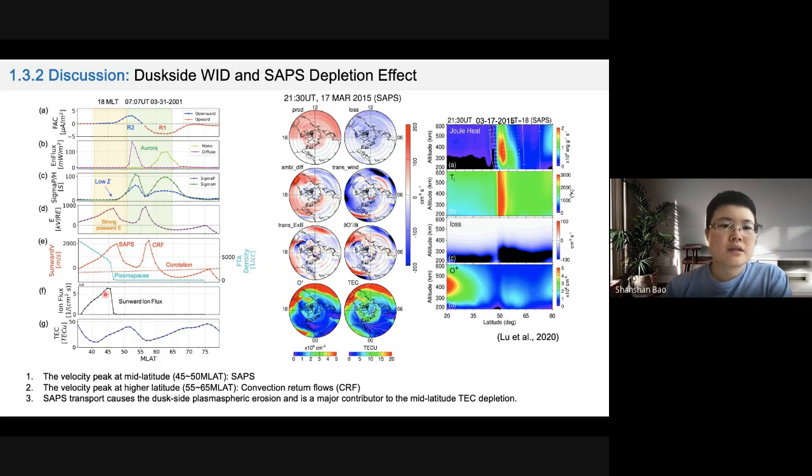This will generate a sunward ion flux, which advects the plasma content out of the area. So basically that's how the plasmapause erosion happens on the dusk side. For the TEC profile, you can see the double velocity peak corresponds to a density trough, or low TEC content, in the profile. So for the erosion of the SAPS,